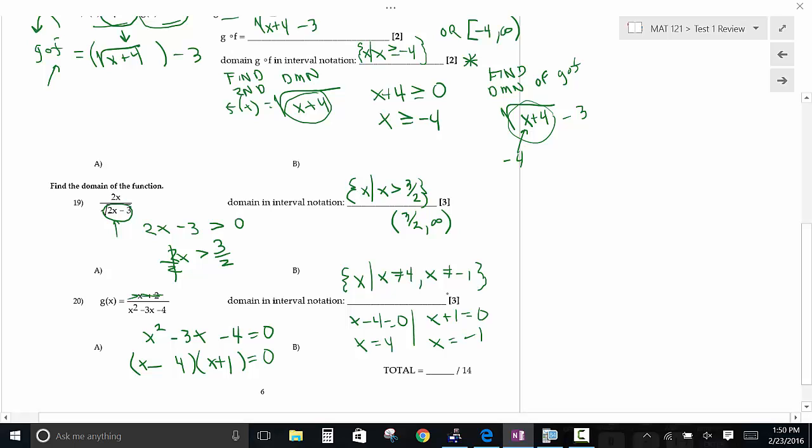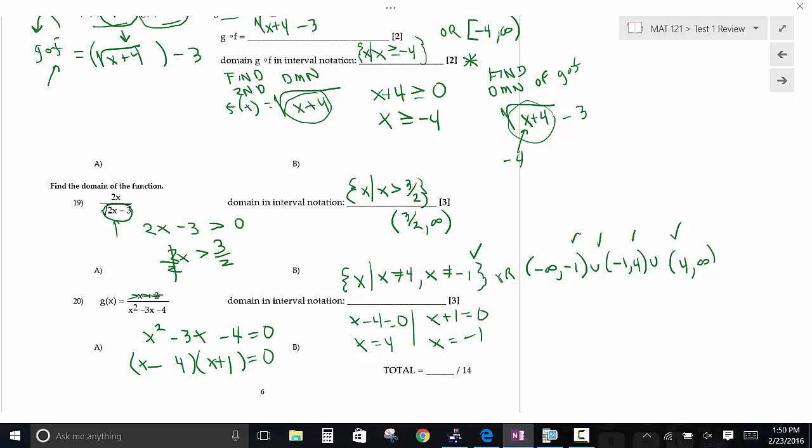You could also write it in interval notation, and that would be negative infinity until you get to negative 1, and then between negative 1 and 4, and then 4 and forever. Okay? And since we're using parentheses around those numbers, that's why we're excluding those numbers from the domain, like that. Okay? All right, these are all big things to study. Now, like I said,